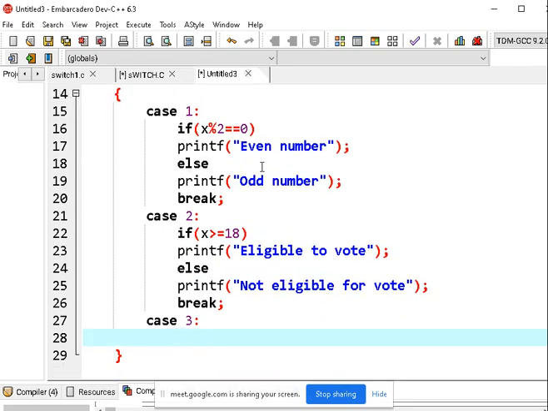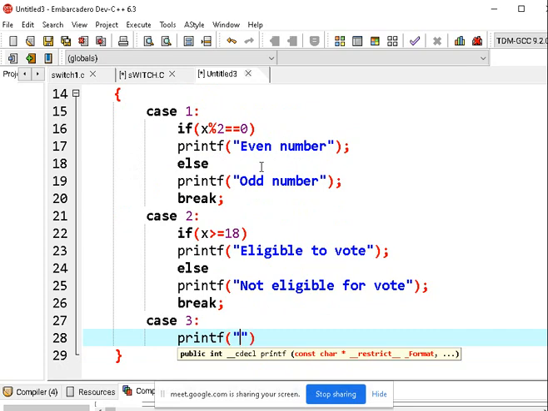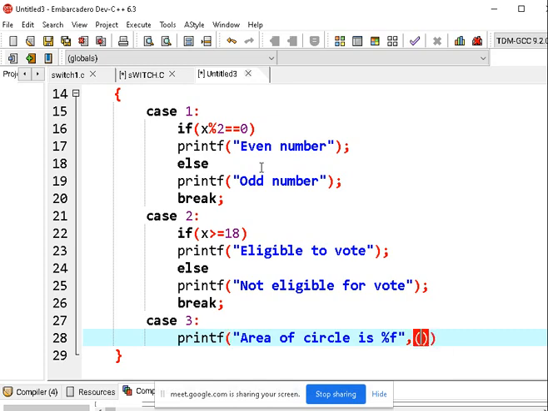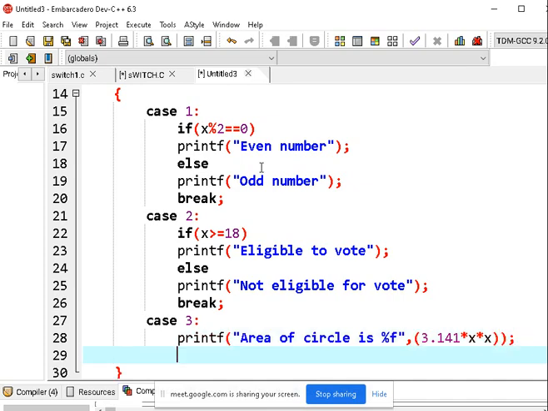Okay, so what is the formula for area of circle? Printf, directly I am printing printf area of circle is, so that will be in float, so I am going with %f comma, so pi r square, so 3.141 into x into x. So this is area of circle, it is also done.